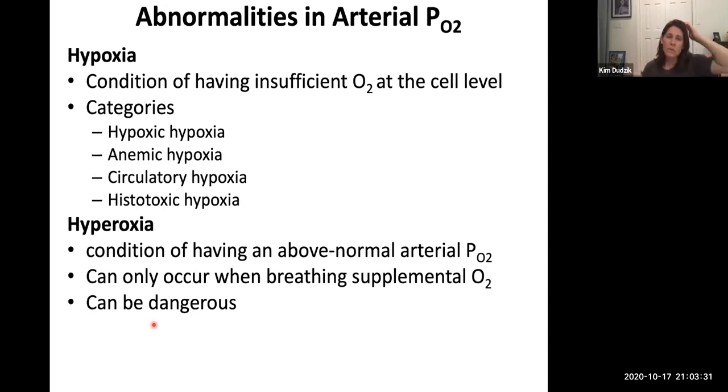So you have too much oxygen in your blood. Usually this only occurs if the person is on supplemental oxygen. This is one reason if you're a diver, you have to be careful about going too deep and staying too long at certain depths because the pressure is higher. When the pressure is higher, you can absorb more oxygen into your tissues. And so it could be dangerous.